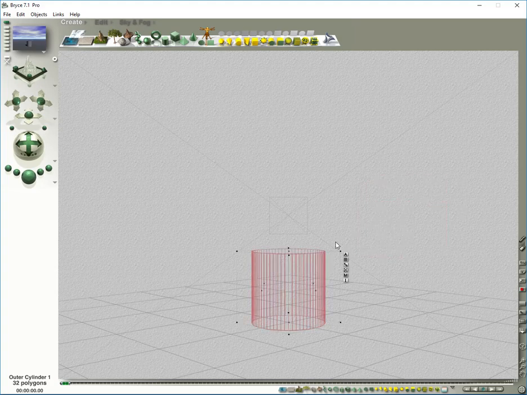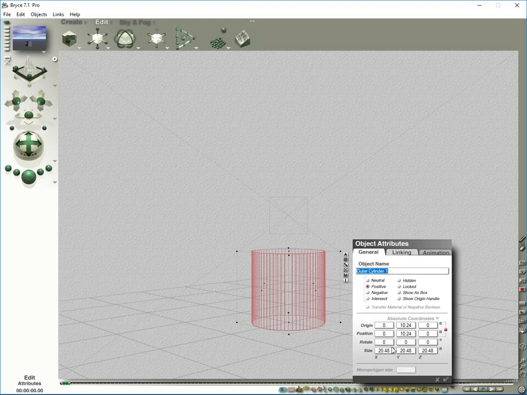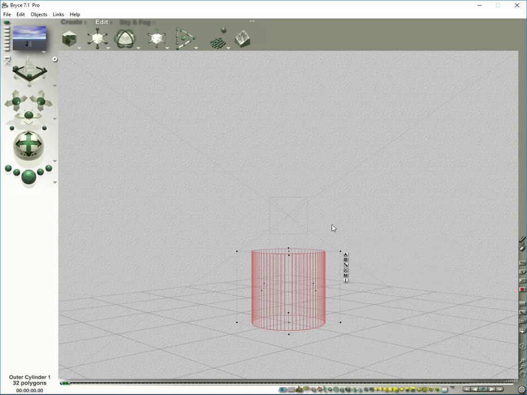Alright, so I'm going to now take that one and quickly go to the edit menu, scale it down. You can also scale it down in attributes. If you want to just scale things down slightly, you can change everything in these size parameters too. But I like to just do this. In the middle of the resize, click and drag slightly down to the left, and that reduces it. When you drag to the left or drag to the right, dragging to the left reduces it, and then I'm going to go in the X and the Y and scale those things up just so they go beyond the